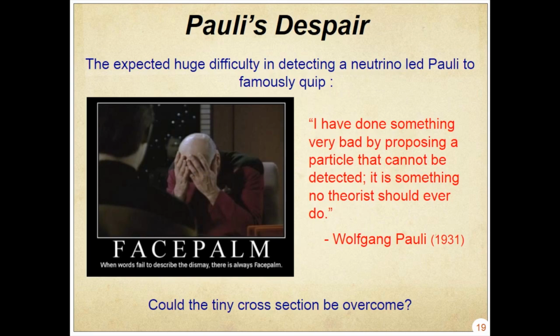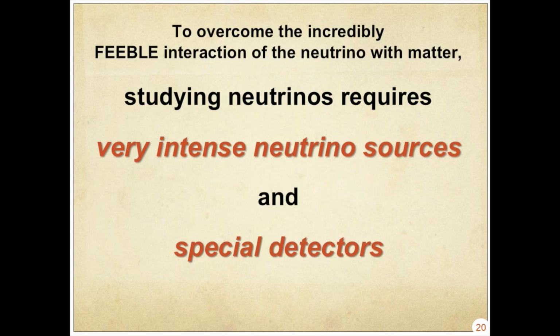Okay, so let's ask the question. Obviously, Wolfgang was wrong, or I wouldn't be in business, so let's find out how that was done. Basically, in order to overcome these numbers, you just have to overcome them with numbers. You have a lot of small exponents, now you need some big exponents. You need a source of neutrinos that's enormous, because yes, I gave you the distance for how long it'll take one neutrino to interact, but the other way to do it is to send a bunch of neutrinos and get one of them to interact. And then you need special, and by special, I also mean large, detectors. You just want to put a lot of material in the way of the neutrino's path and try to coax it into interacting. It's just a statistics game.